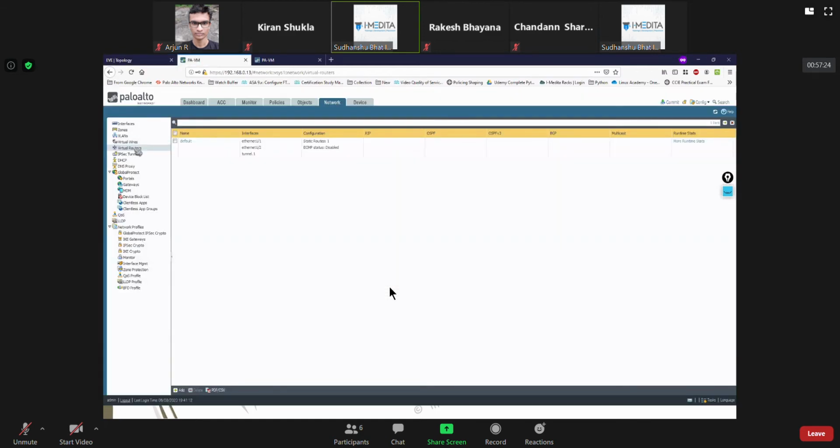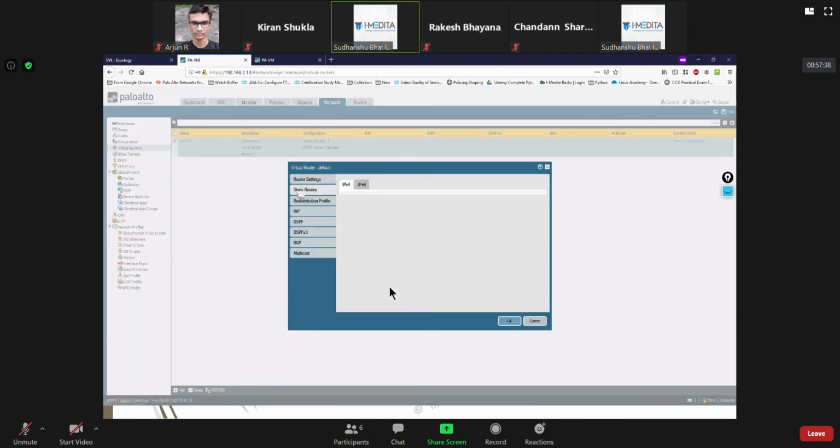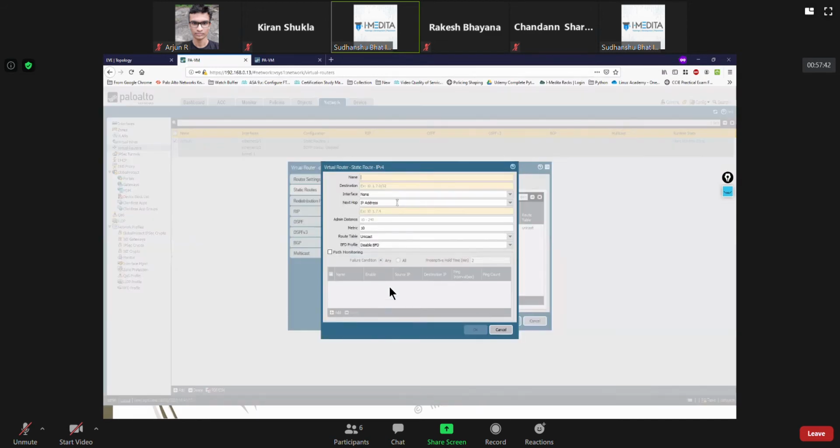So you can go to the virtual router and configure a static route pointing to the tunnel interface for that. Let's do the routing as well. If you are already running a routing protocol, then you don't need this step, because they'll automatically form all the neighbor relationships.